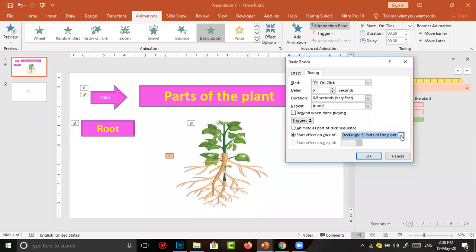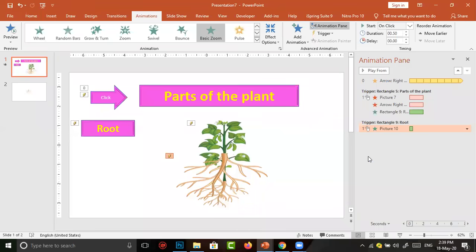It should happen at the click of the root box. Here, Rectangle 9 root is an option. I selected that. Then click OK. Then automatically another trigger option appears in our animation pane.